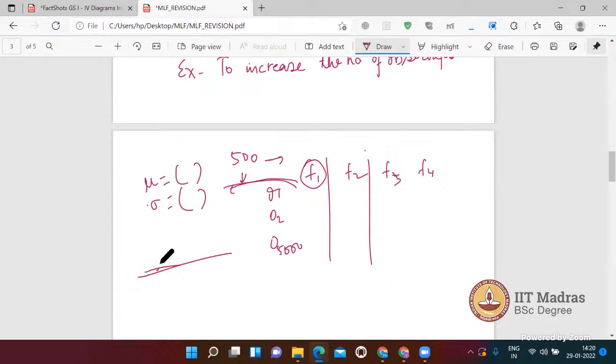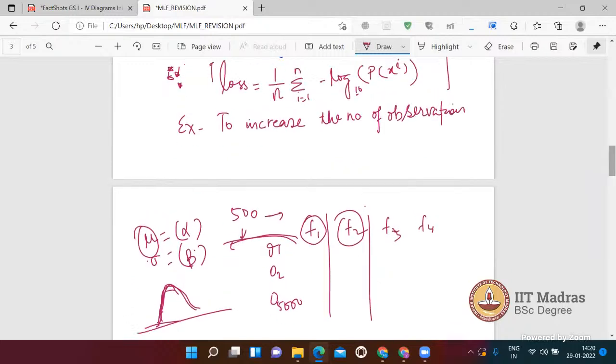And having that normal distribution, which we developed on the basis of those samples only, we can now get a large number of observations from this normal distribution that has mean alpha and sigma beta. Similarly we can do it for features 2, 3, 4, and then enhance the number of observations. That will help us develop the algorithm in a better way.